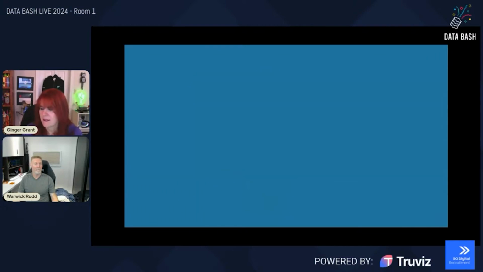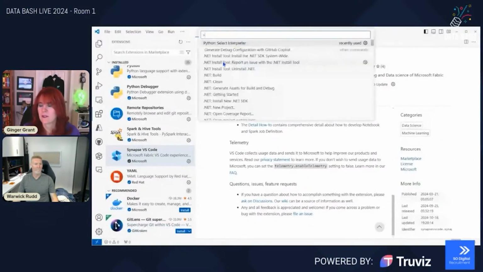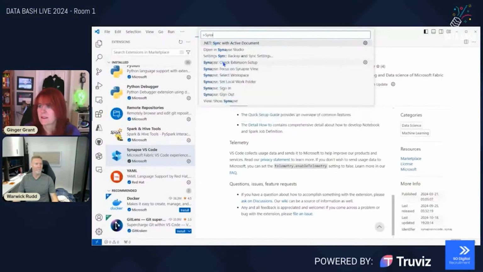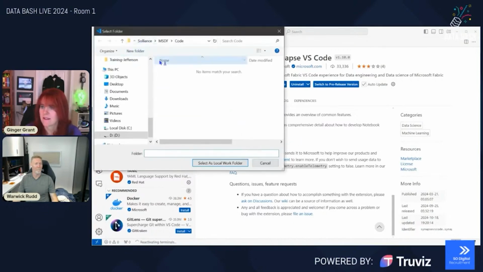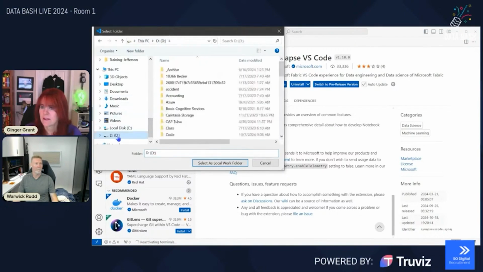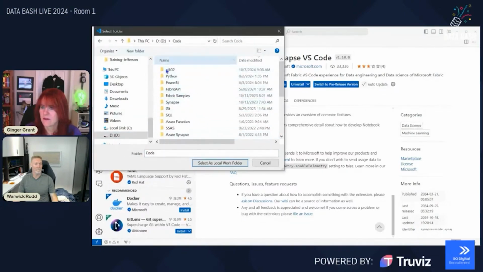And then you can go back inside of Visual Studio and make sure that I am logged in to my Fabric environment. Oh, I need to set my work folder too, because I'm going to have a local copy. So I'm going to set that. Set this up so that I've got a folder where it's going to live.